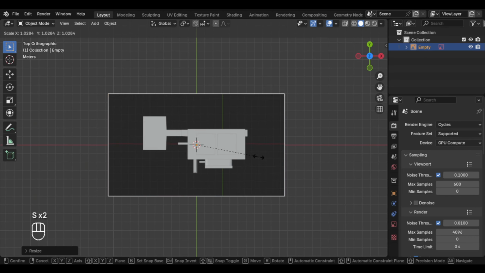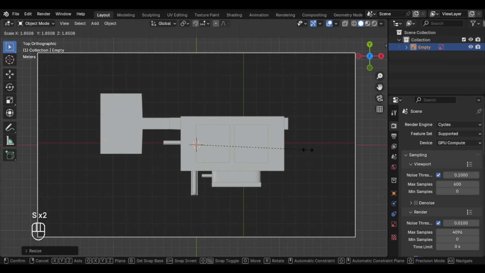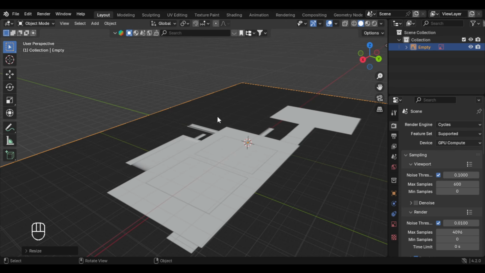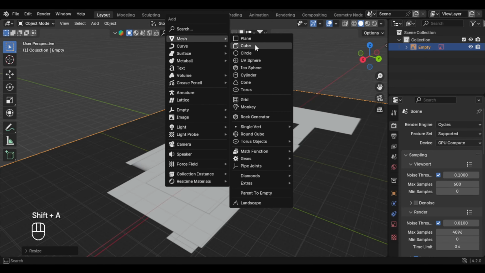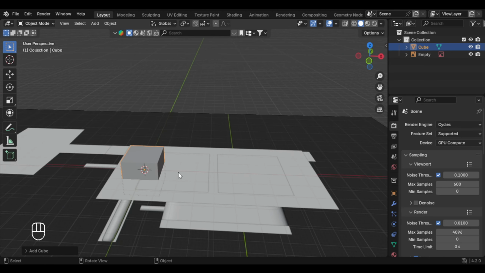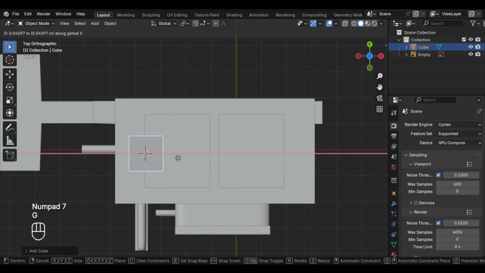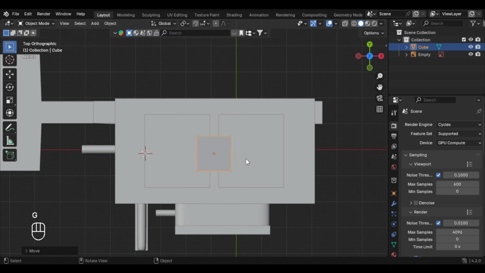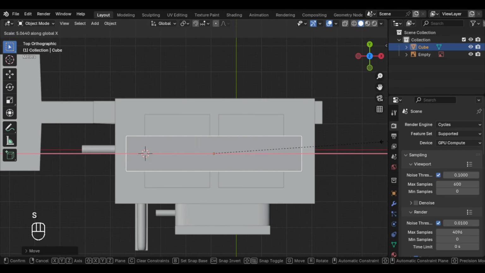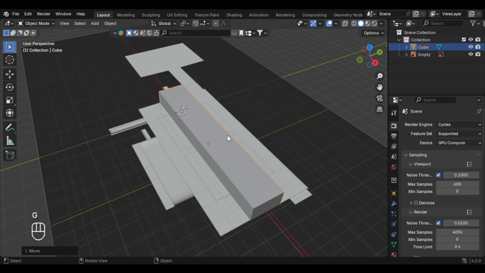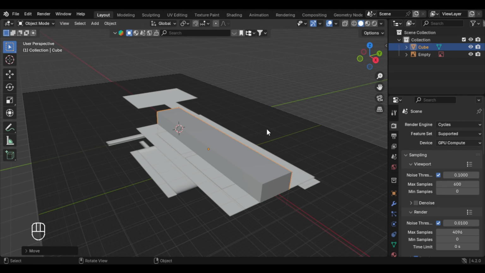So let's make it something about this. So let's just open a cube, Shift A and Cube. And we can go to 7 and now we can just align it to the picture. So we can make it in the middle and S and X. And we can scale it to about here. And also let's bring it more in place. And now we can scale it on the y-axis, so S and Y,